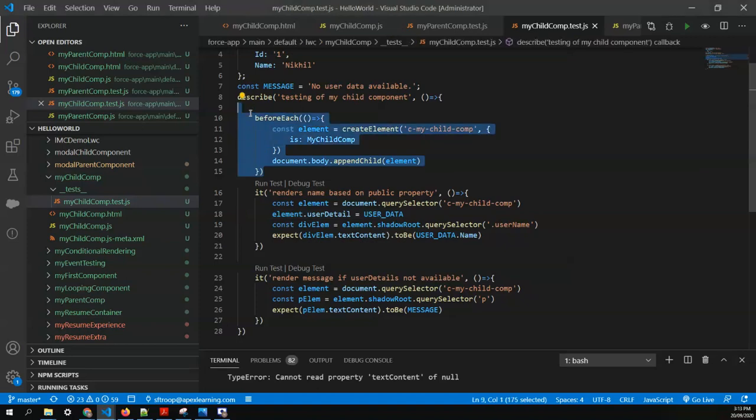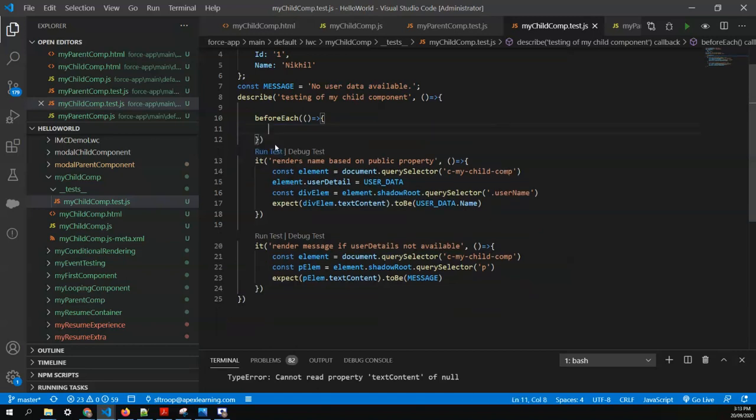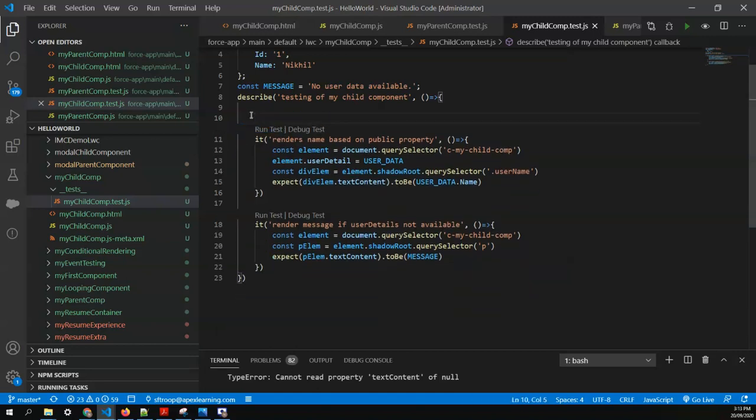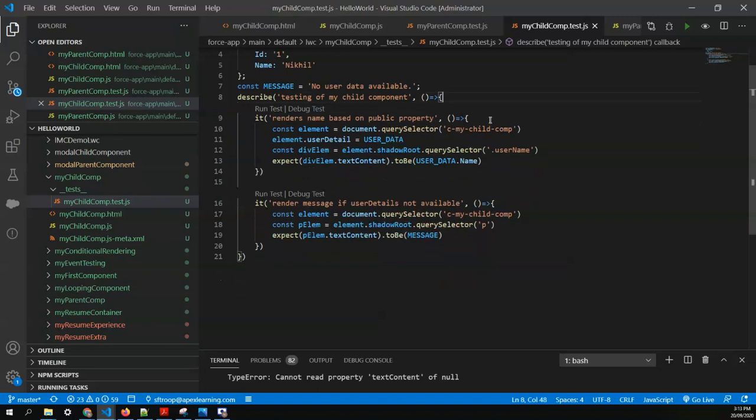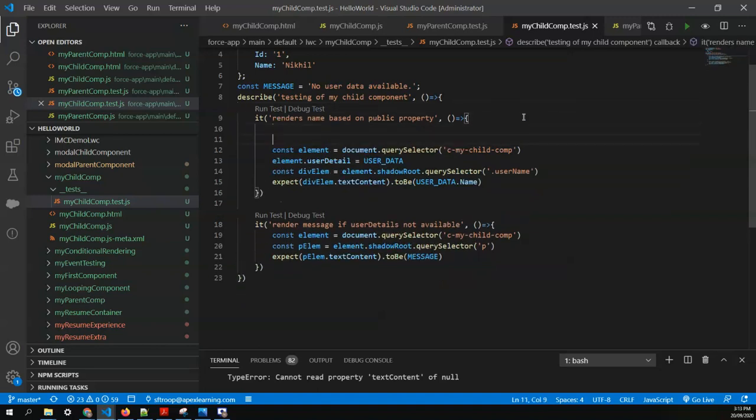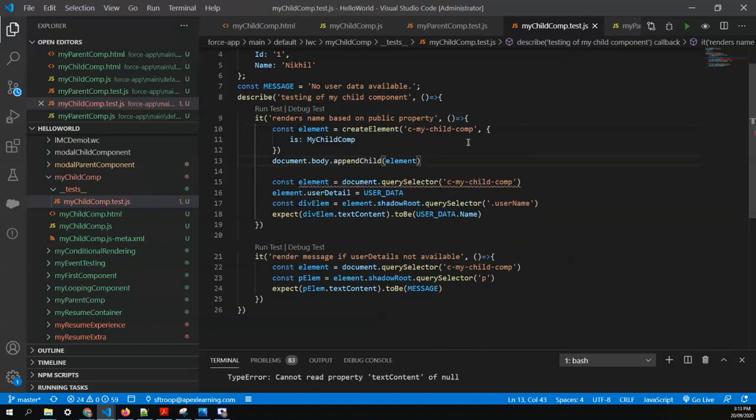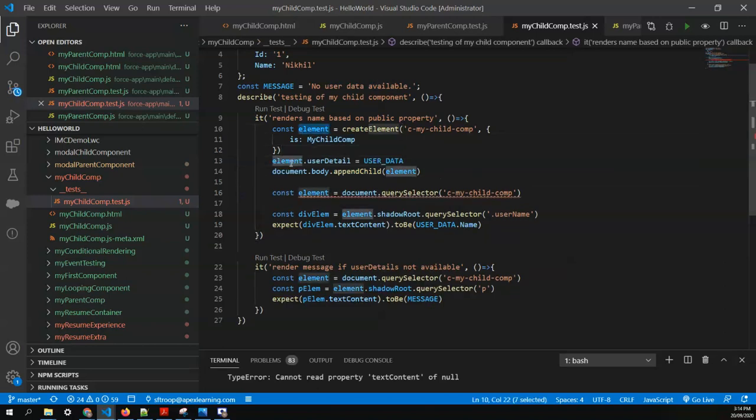we can remove the beforeEach. Okay, and for that I can do this directly. We'll run this creation at the start of each test case. I'll tell you why. In the first case, we want an element to be created, the HTML content, but before appending to the body, I want my element to have the user detail. So once the element has been created, the user detail should be appended there, and then it renders in the JS DOM.